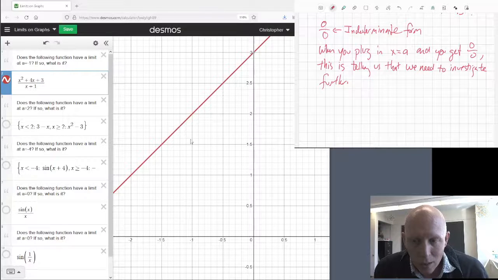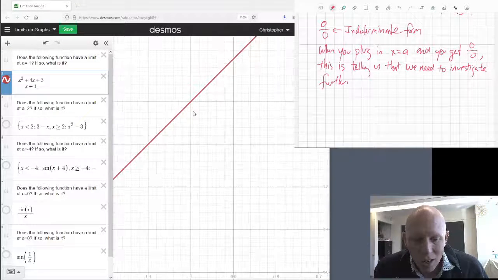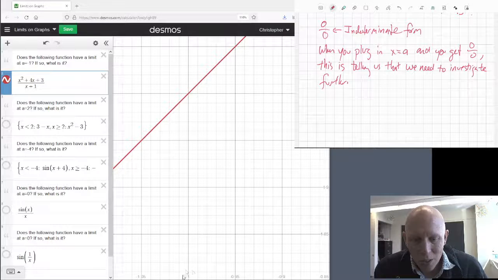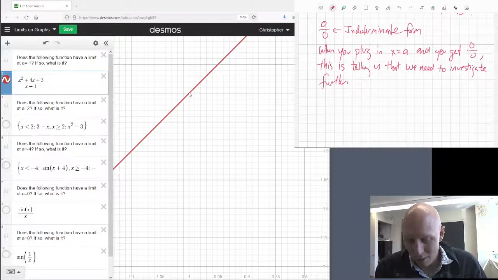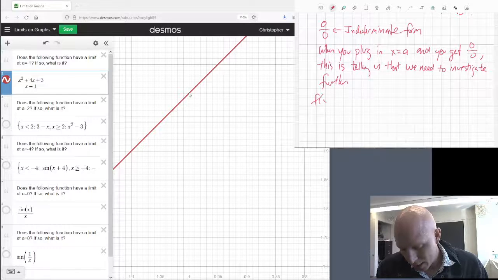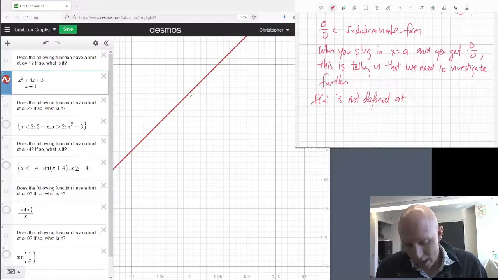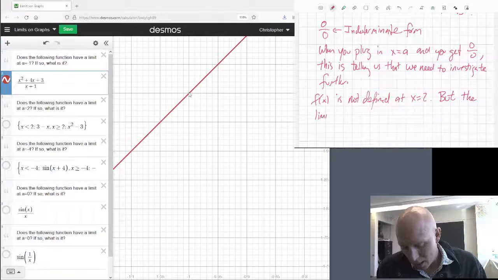So in this case, we see that when we zoom in on x equal to -1, the function value f of x seems to be very close to 2. So really what's happening is there's a hole right here. This function is not defined, so f of x is not defined at